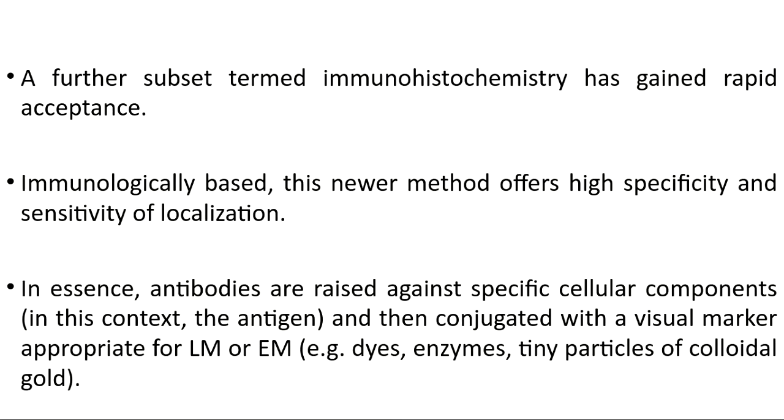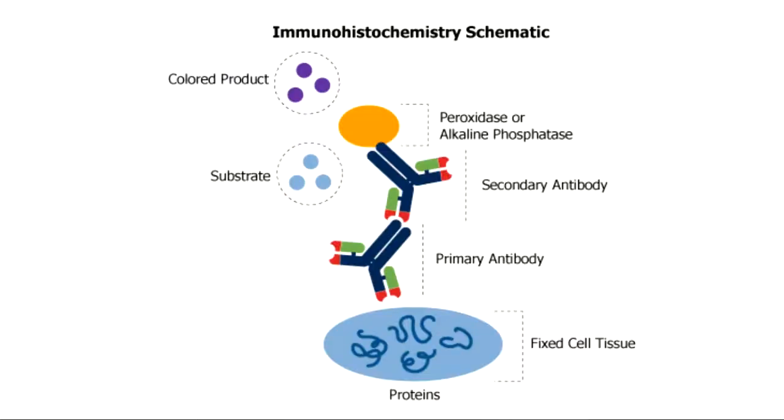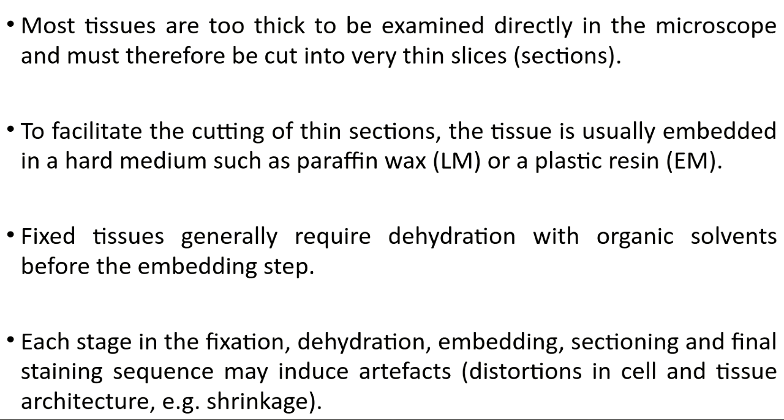Then immunohistochemistry also, because for immunohistochemistry, commercially available antibodies are available. You stain it and you see it under both the light microscope and the electron microscope. So this is the immunohistochemistry schematic. You need not go into much detail because you are in second year. You should have an idea that even when immunohistochemistry is done on the tissue, you can see it through light and electron microscope. That's it.